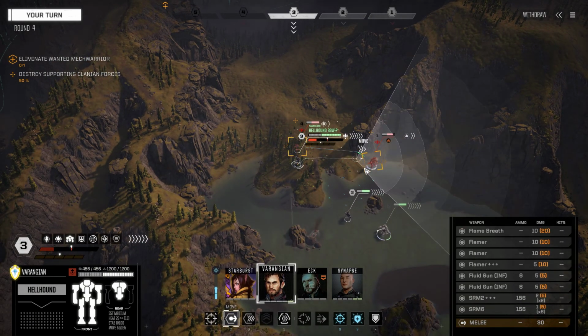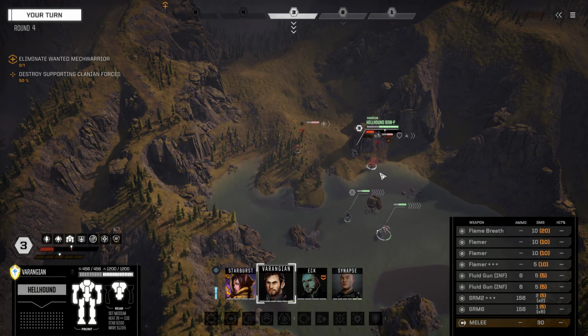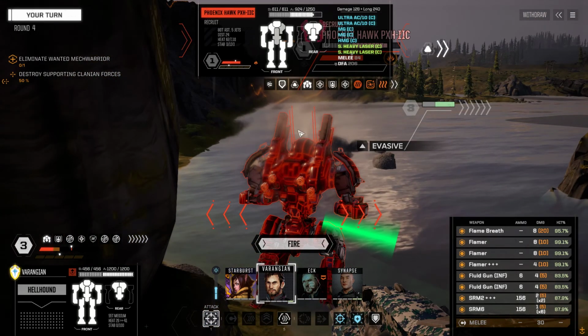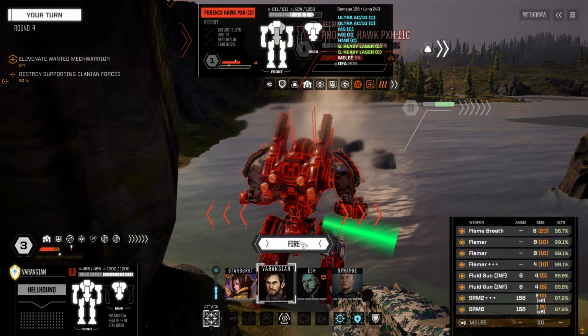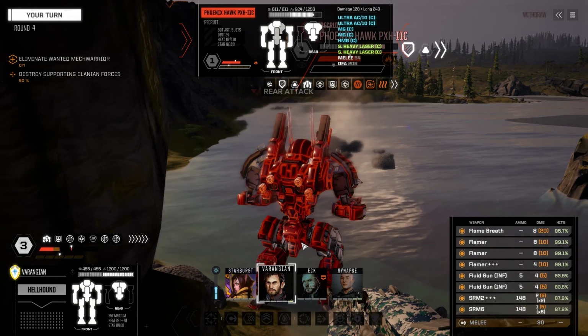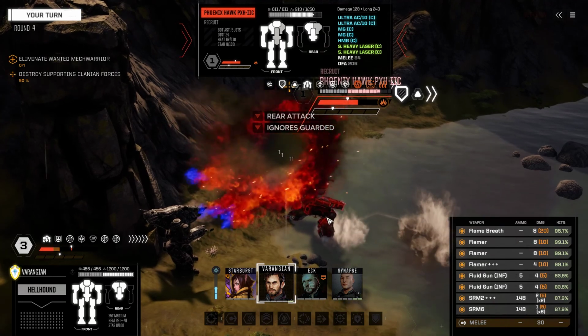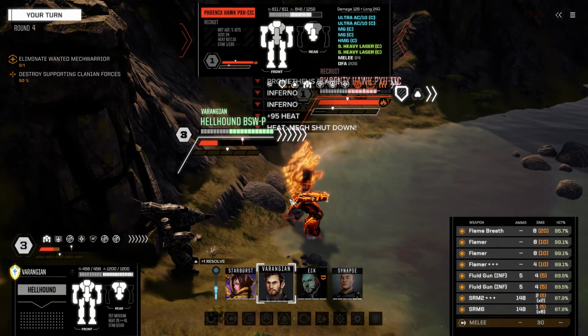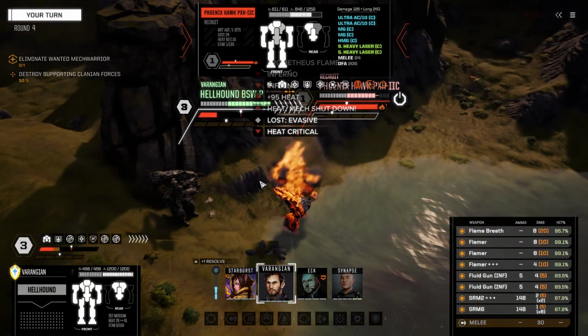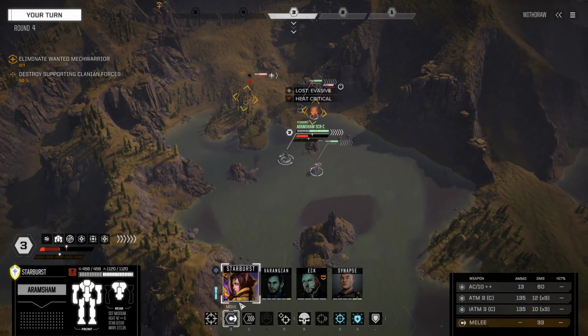So we know what Varangian's doing. Varangian's running over here and Varangian's lighting this guy on fire. That is already a given. He will deal additional damage because the guy is overheating, which means all the flamers do additionals. So, all the fire. Got it, Commander. So this will turn off the Phoenix Hawk. This allows us to now start shooting for his head, while Starburst, waiting for orders,